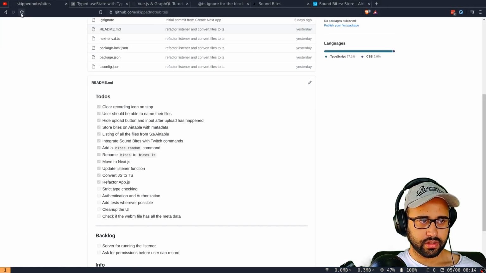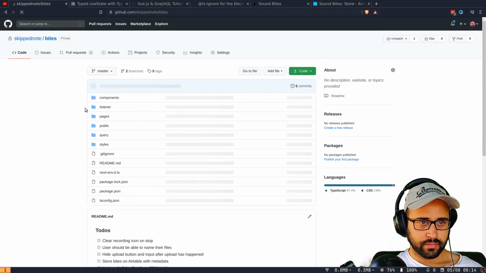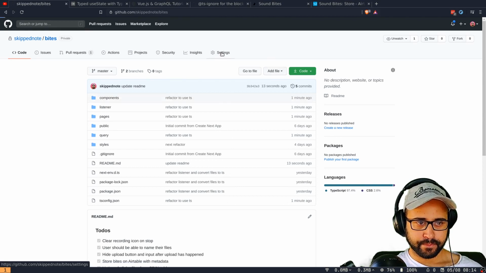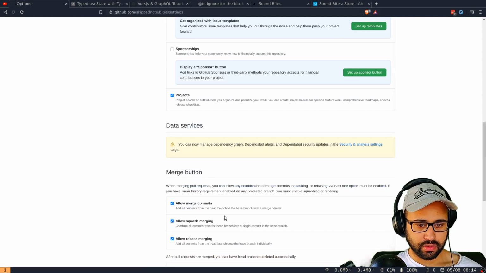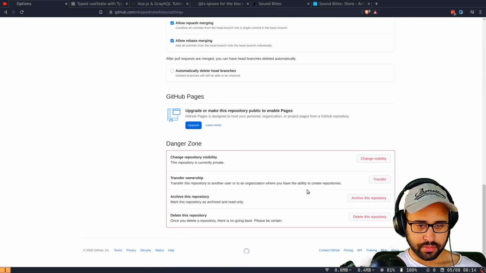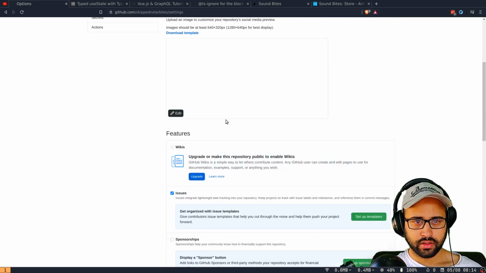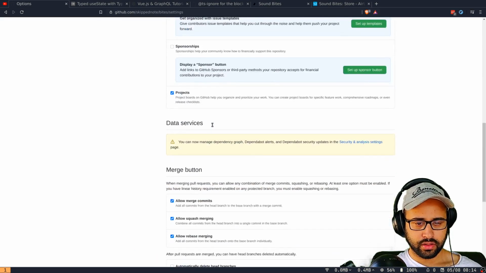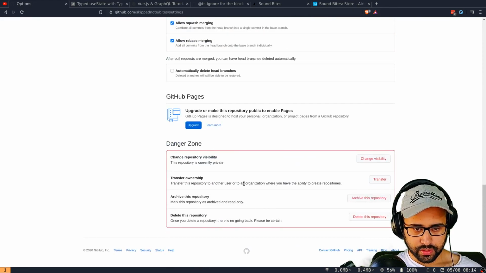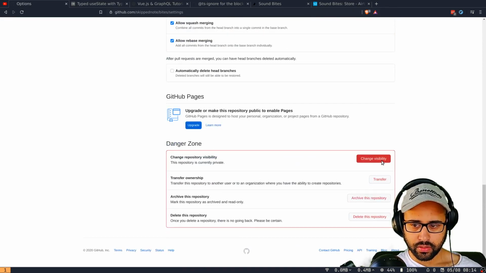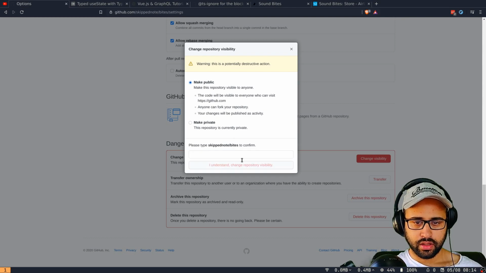So coming back here, this project has been so far private, so let me make this public. How do I do that? I thought there used to be an option to, okay, change the visibility.